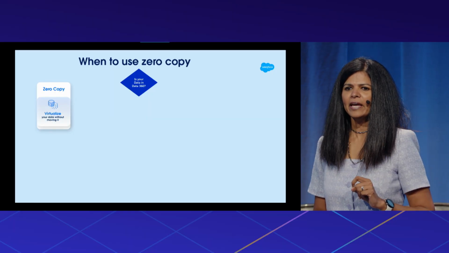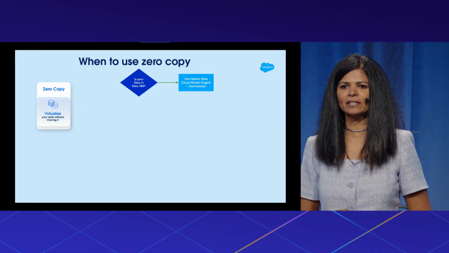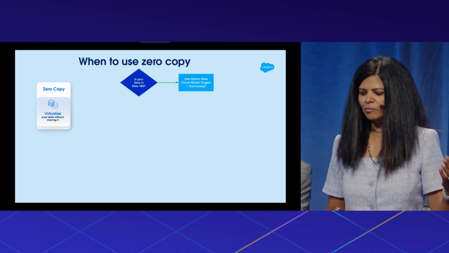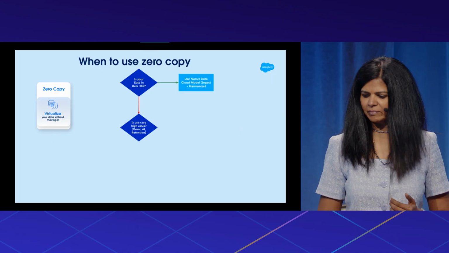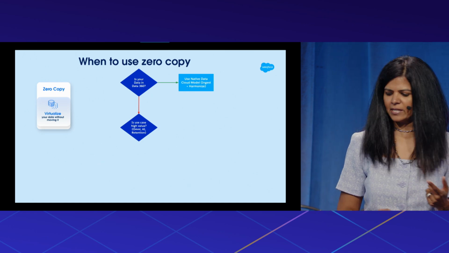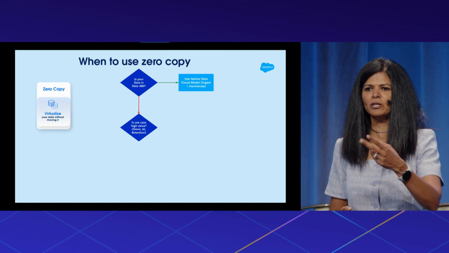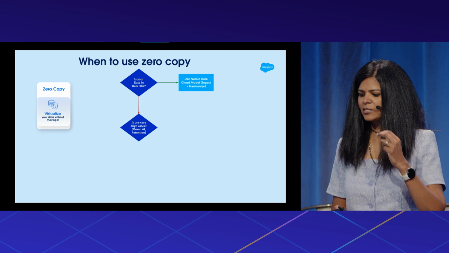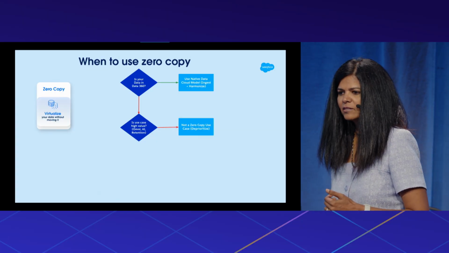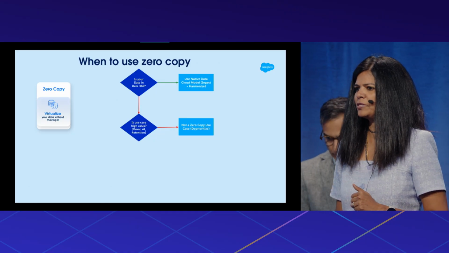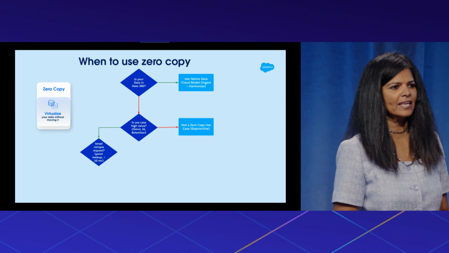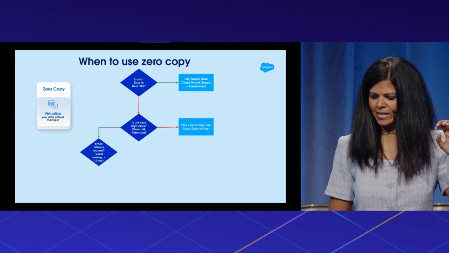Number one, is your data in Data 360 already? Then you don't need zero copy. Just use the native data cloud model. You ingest, you harmonize, you brought it in. Is your use case a high-value use case? Meaning, is it omni-channel? Is it going to power AI? Is it going to be towards customer retention? If it's not, then it's not necessarily a zero-copy use case. You can deprioritize it. If it is a high-value use case, now, depending on the payload size, is it a